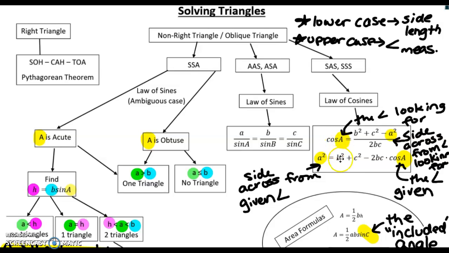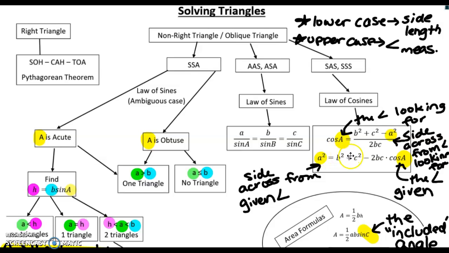the first formula or the second formula. They're actually the same, and so you don't need to use one or the other. Either one will work. It will just maybe require different steps for solving for your variable. But if you're looking for an angle, this is the most efficient formula to use. If you're looking for a side length, this is the most